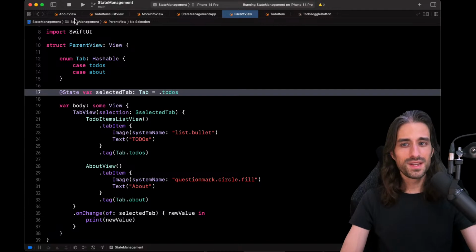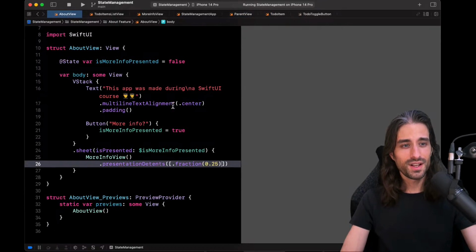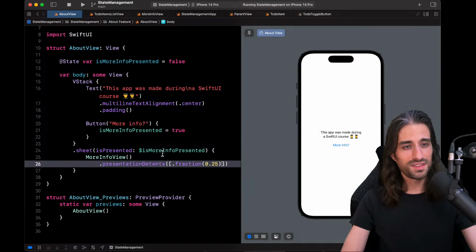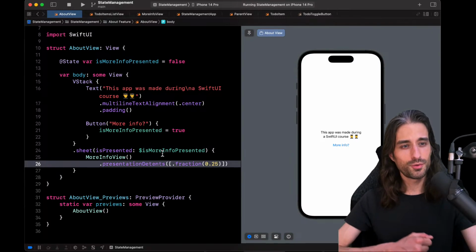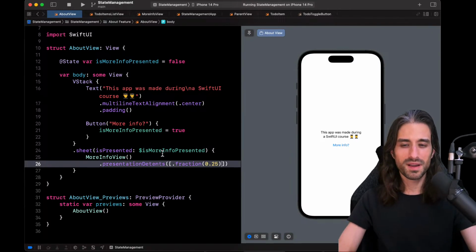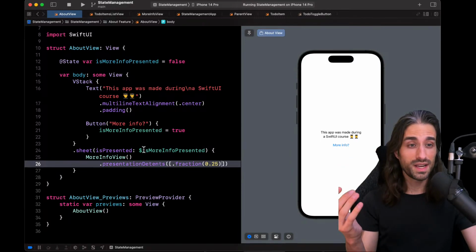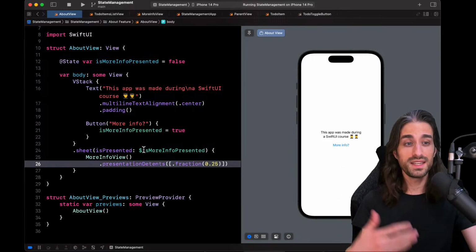And finally, we saw modal navigation, which is a bit different than in UIKit because here it's very declarative style. So we don't say present this view, but we say this view should be presented. We can do it in two ways, either by a boolean or by providing the item to show in the modal view.